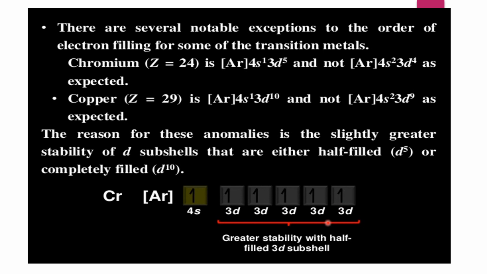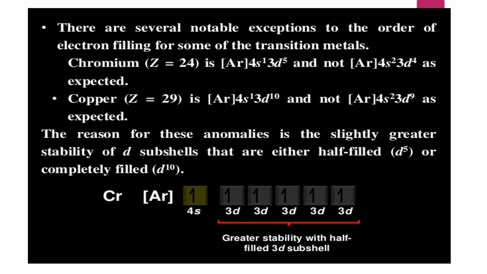So to attain more stability, one electron from 4s is shifted. Then the 4s orbital is half filled and the 3d orbital is also half filled. So in this way, when an atom is either half filled or completely filled, it exhibits much stability. This was observed. So following the three rules, an atom can be filled, and an atom exhibits stability when orbitals are completely filled, which is observed in noble gases like helium, neon, argon, krypton, xenon and radon. Why they are more stable is that the degenerate orbitals are completely filled.